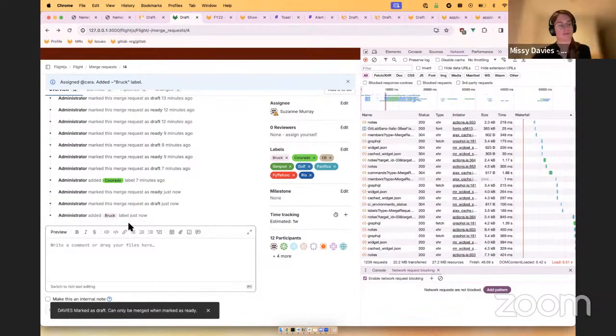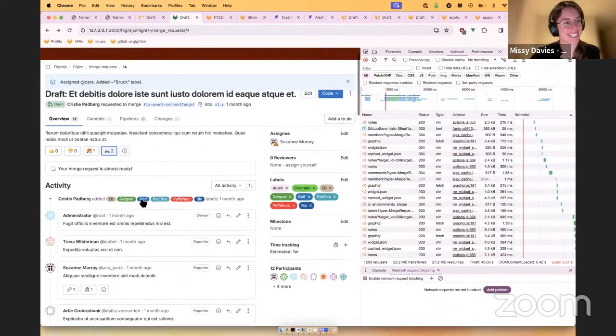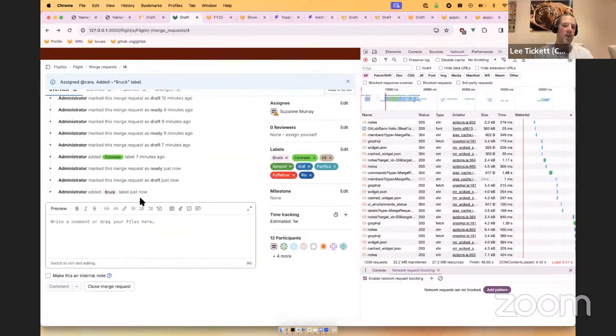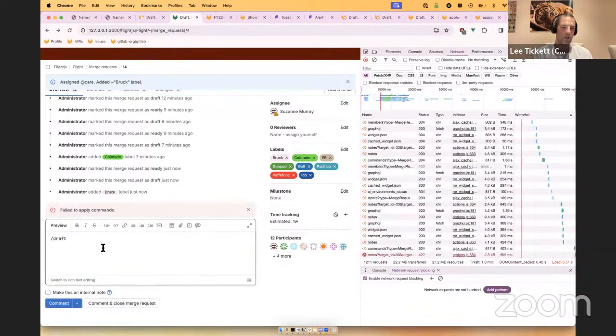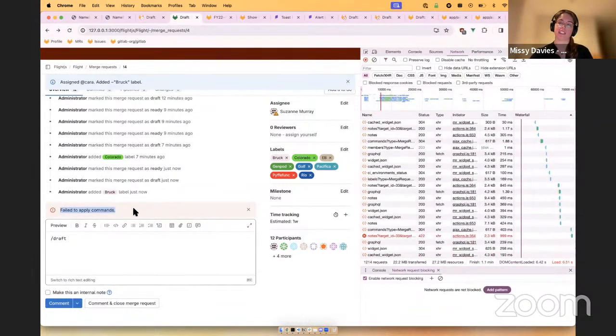Oh, it didn't. Usually it does. Now, is that maybe because, see, if I do it by itself, it does fail to apply command. But I wonder if that's almost, I don't know if you'd call it a bug, but because at least one command was successful, it doesn't say that sort of thing. That doesn't really help anyway, but